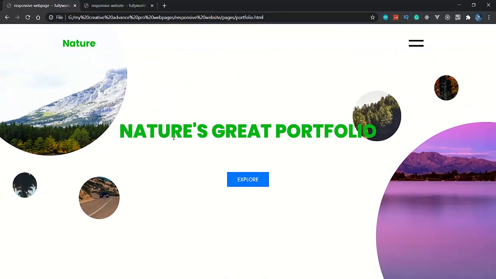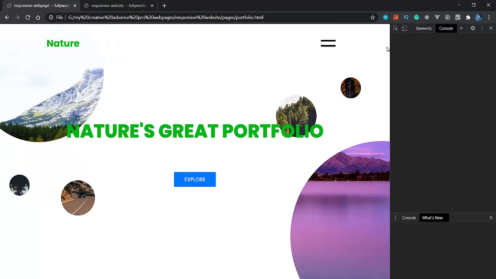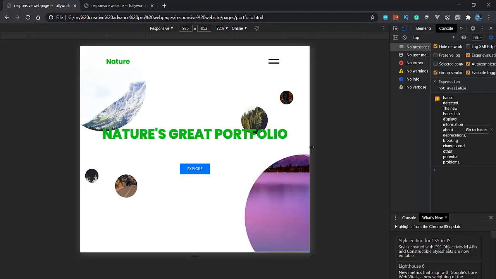Now I'm going to inspect element, open the developer tools, and choose the responsive mode. It will take a little time. I don't know why it is taking so long. Yeah, now it is coming.